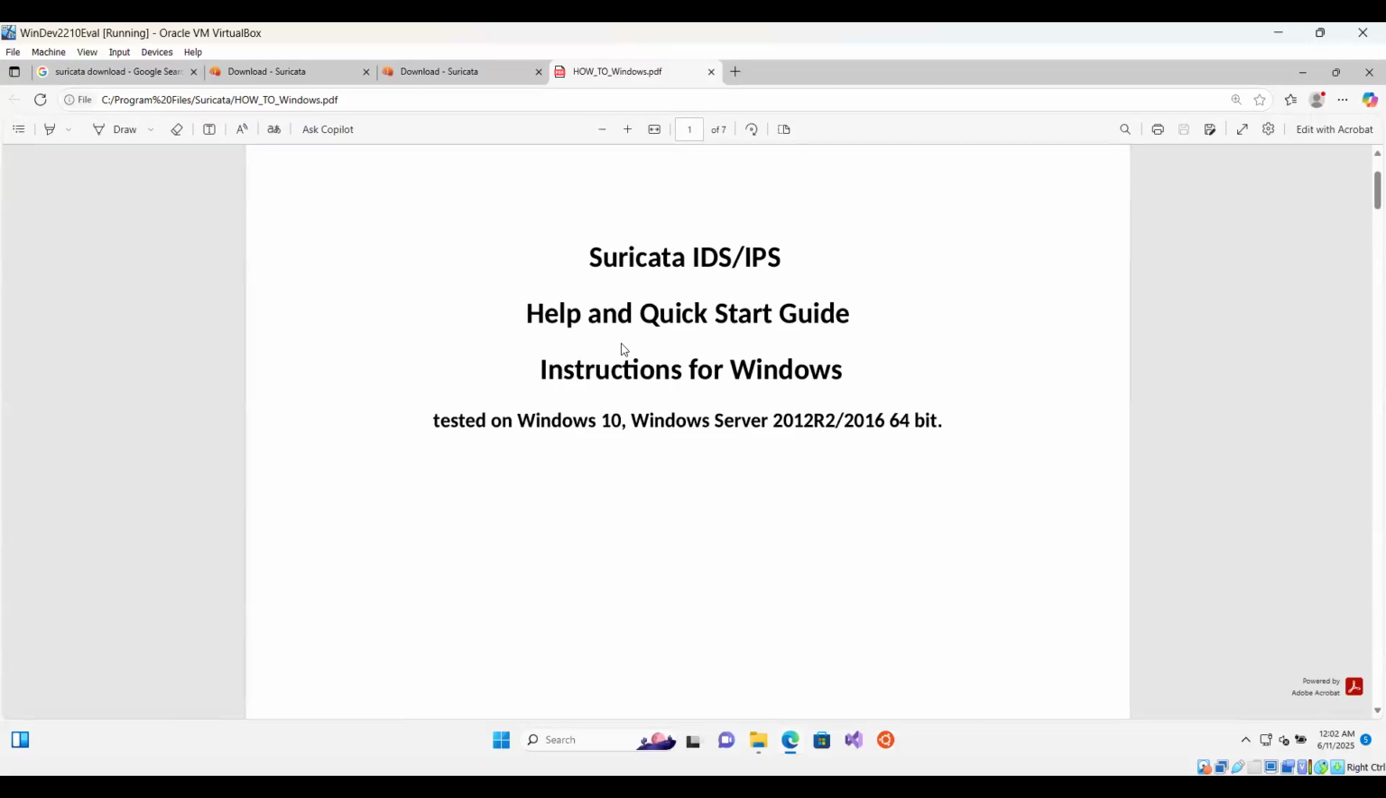So this file has all the instructions to install Suricata, and it says that it was tested on Windows 10. But you can follow the same instructions, and you can install it on Windows 11 also. And when you are working with these tools, do not